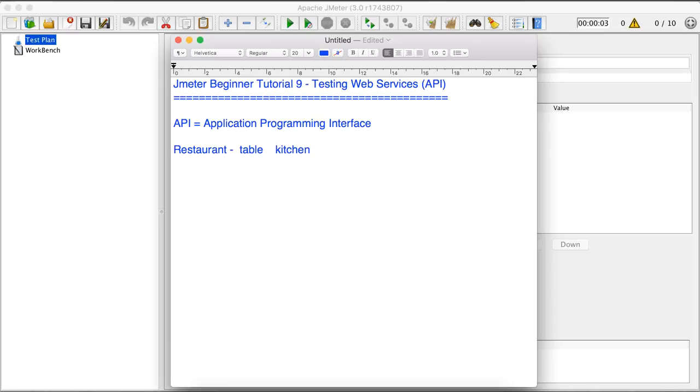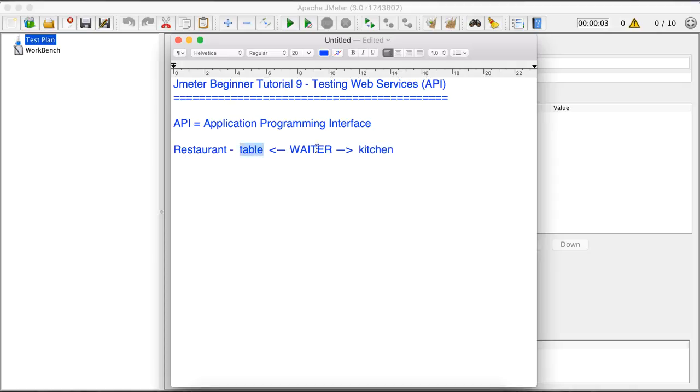In between our table and the kitchen there is a person who communicates between these two places, and that person is called a waiter. We give our order to the waiter, who goes to the kitchen, communicates our order, the kitchen prepares it, and the waiter takes the order from the kitchen